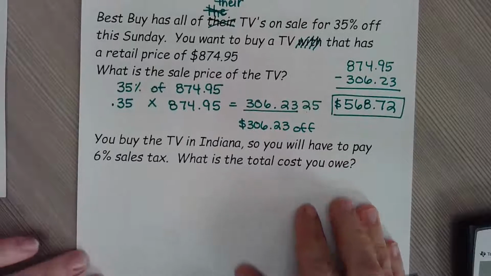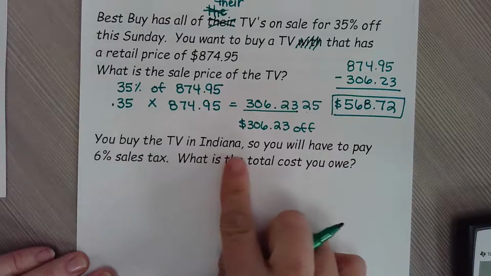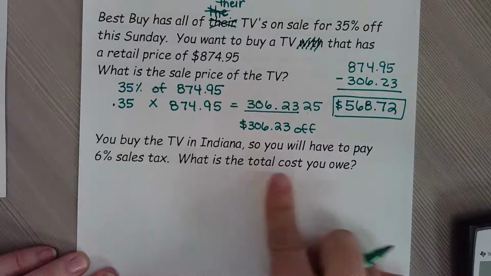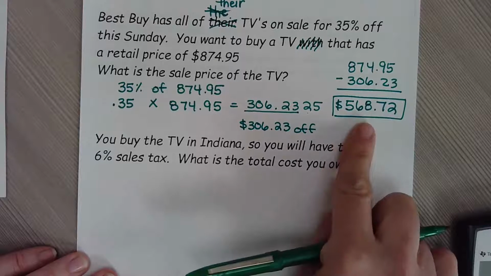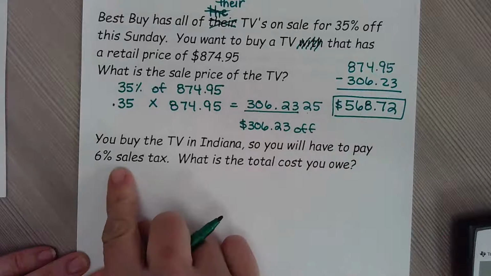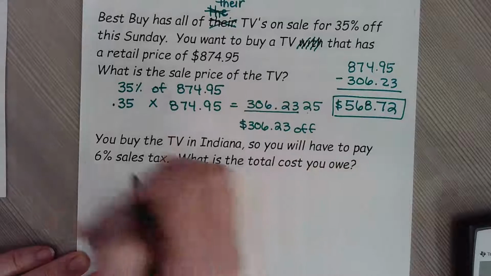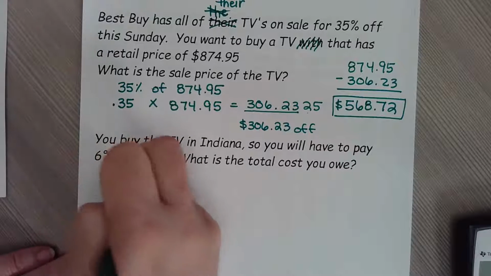Building onto that question, it says you buy the TV in Indiana, so you will have to pay 6% sales tax. What is the total cost you owe? So you're already going to pay that. Now let's figure out how much sales tax you're going to owe, and then we'll find the total. All right. So 6% of